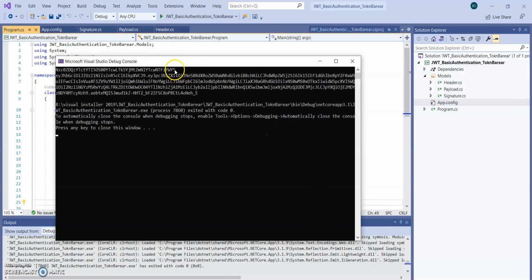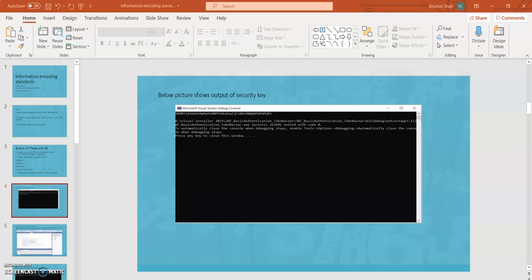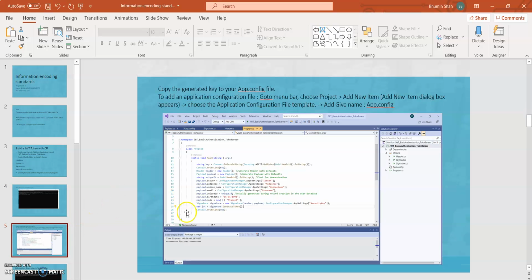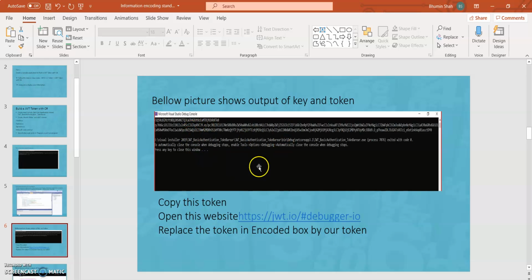And here we can see the first line is a key and the second line is a token. This is the final screen for the Program.cs file. This is our output. So now I copy this token